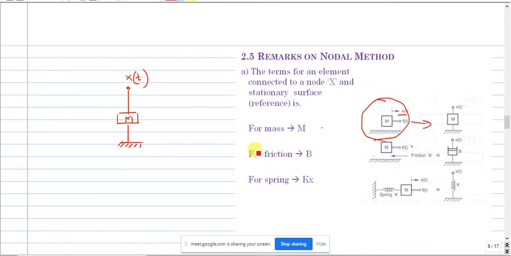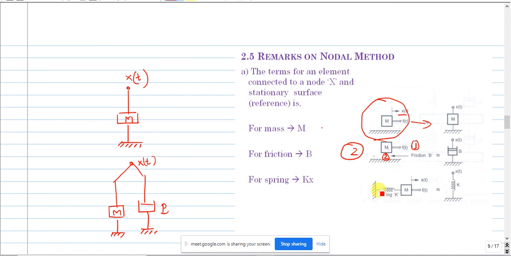Okay, equivalent. And similarly, if you see the second sketch, you have mass m and including friction. So for the second I will take x of t and represent x of t. How many elements do I have? Element 1 and element 2. Element 1 is mass, element 2 is friction. So I can represent mass m, ground that, and one more, friction. You can represent it with a symbol. Again ground that. This is B.